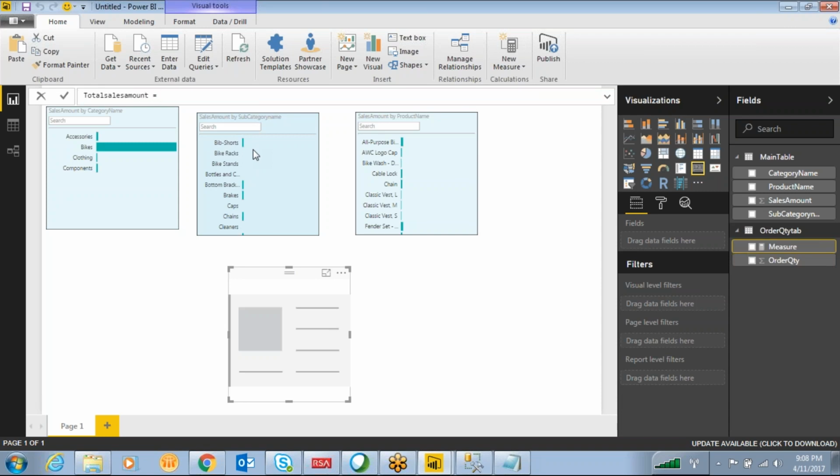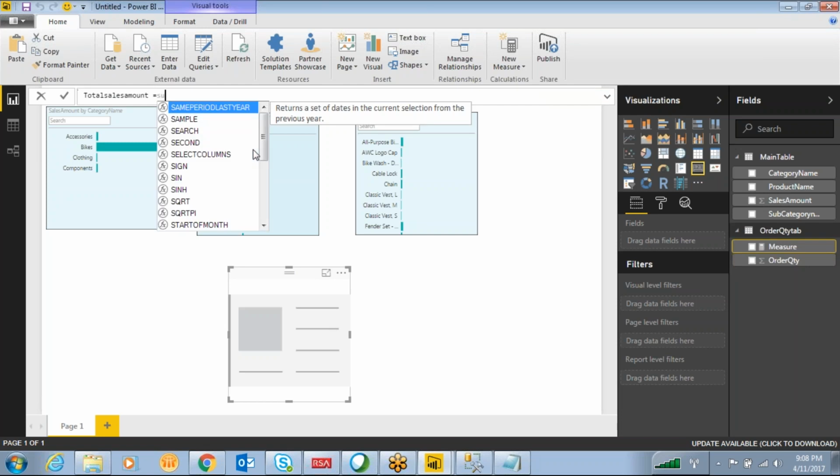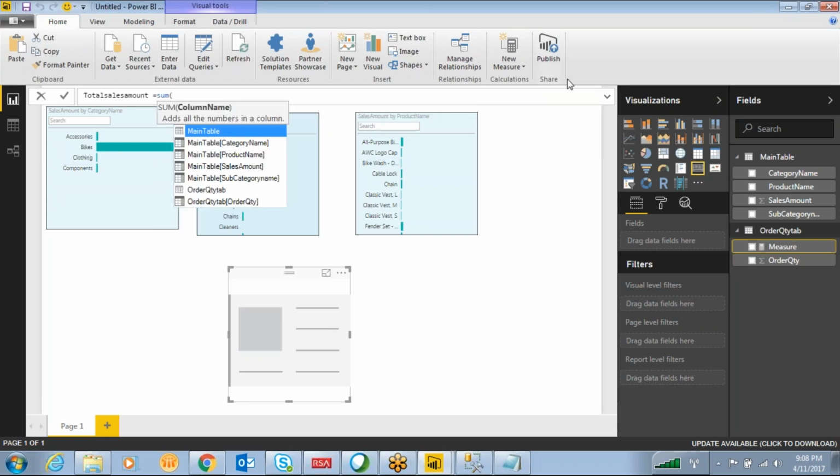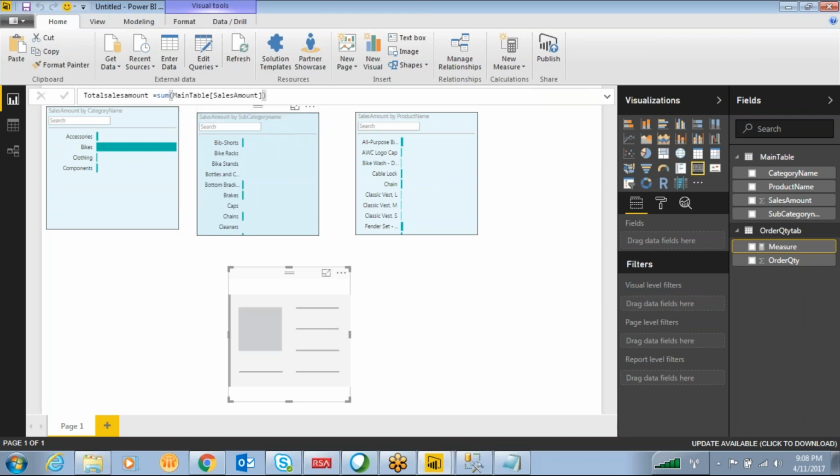Here, sum of, and whatever sales amount you have in the main table, you just select that sales amount. See here, a new measure is created.